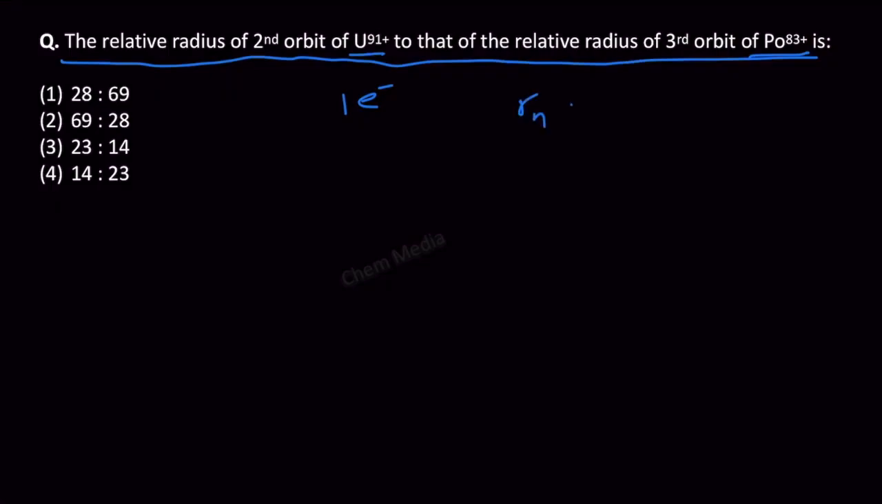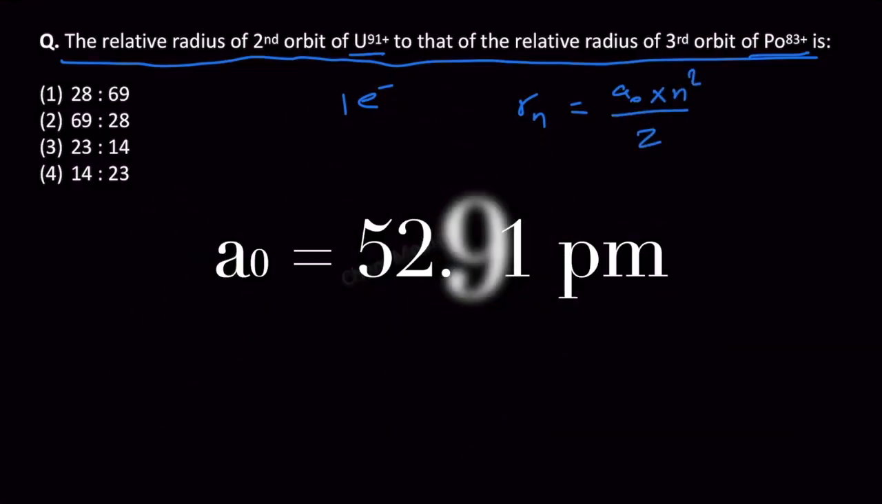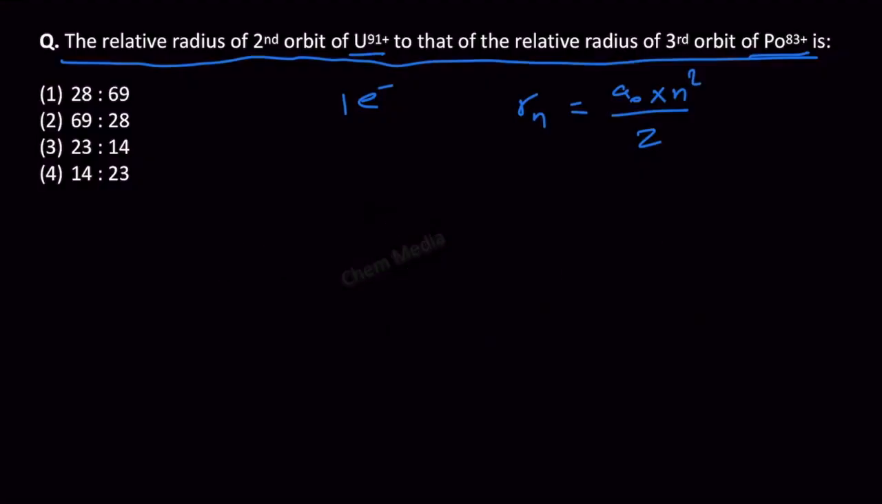The radius for the nth stationary state as per Bohr's model is equal to a0 times n squared divided by Z. n is the value of the stationary state or the orbit. For uranium-91+ it is mentioned as the second orbit, so n is equal to 2 here. For polonium-83+ it is mentioned as the third orbit, therefore n is equal to 3 here, and Z is